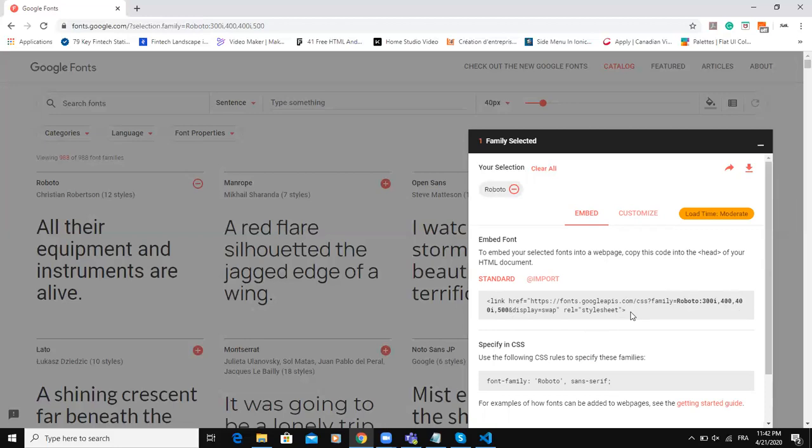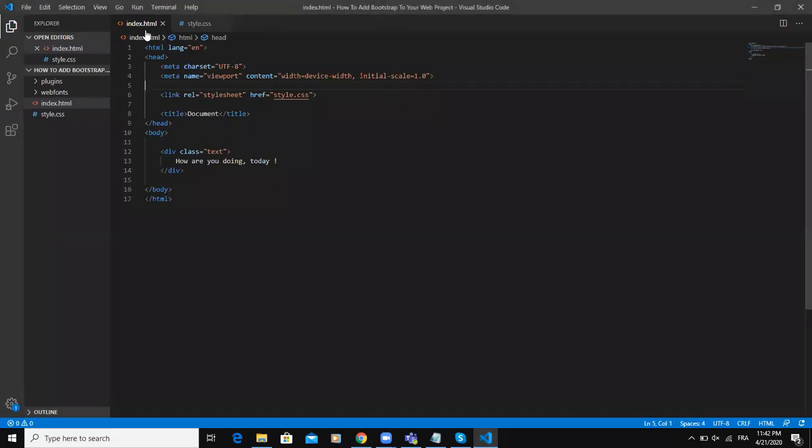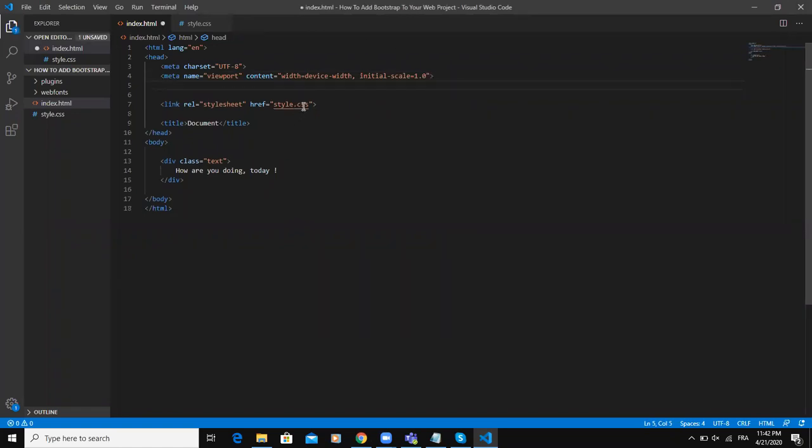Okay, and what we have to do now is to add this link inside our index.html file. So I can come here, I have my index.html file here, and I have to add it here just before my style.css file. I just copy and paste it here. And notice that if I remove this link,